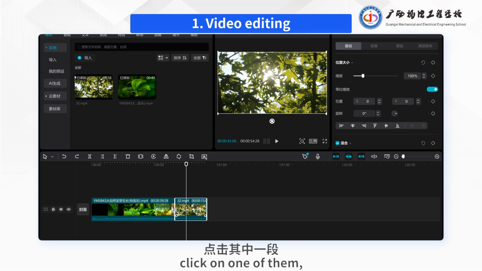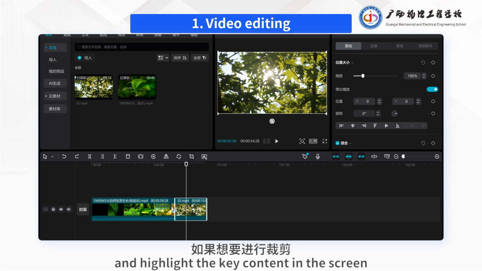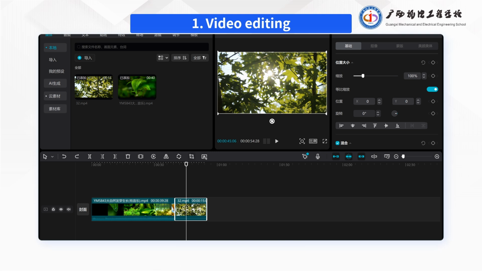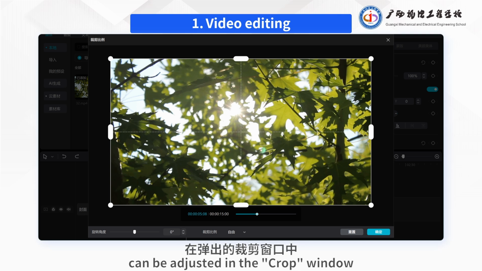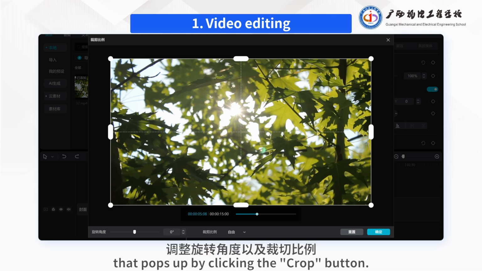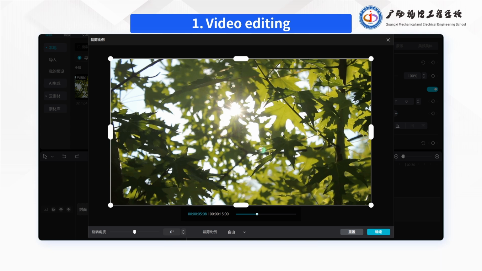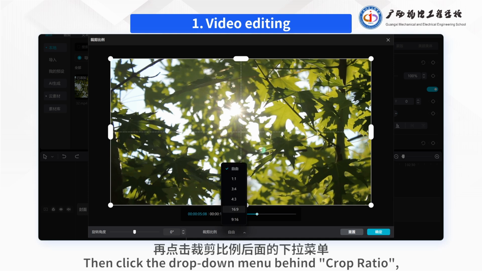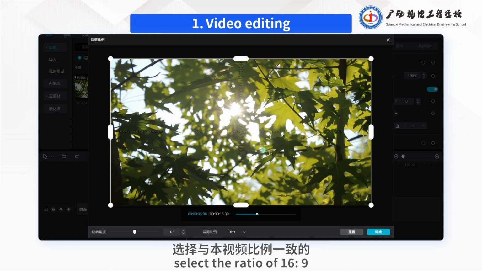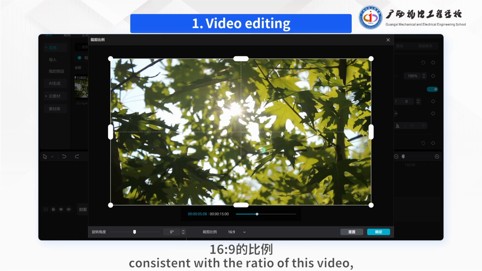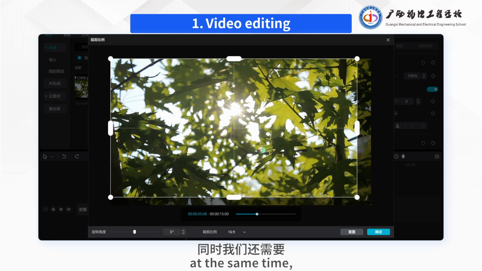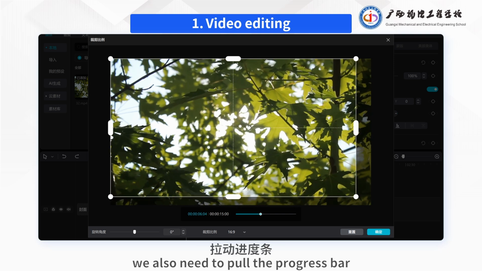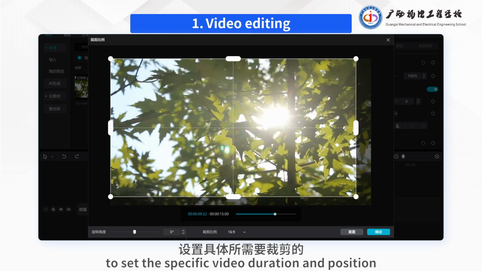Click on one of them and highlight the key content in the screen if we want to crop it. The rotation angle and cropping ratio can be adjusted in the crop window that pops up by clicking the crop button. Then click the drop-down menu behind crop ratio, select the ratio of 16:9 consistent with the ratio of this video, and select the picture to be cropped. At the same time, we also need to pull the progress bar to set the specific video duration and position